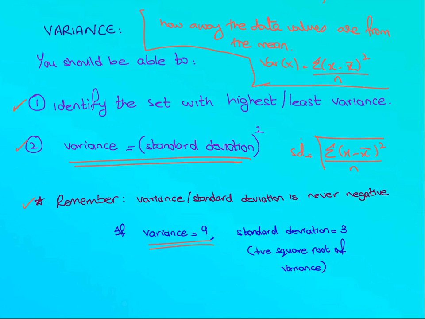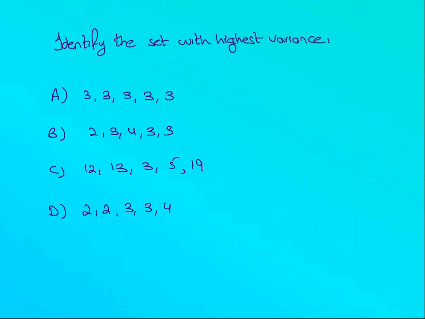Also remember, the variance and standard deviation are always positive. There is a square here, it cannot be negative. There is a positive square root here, it cannot be negative either. So that's also what you have to remember. First thing, variance is greater when dispersion is greater. Variance is the square of standard deviation, and standard deviation and variance are both always positive. For instance, here you have been given 4 sets and you have to identify the set with the highest variance. Just look at the dispersion. The one with the greatest dispersion is the one with the highest variance.